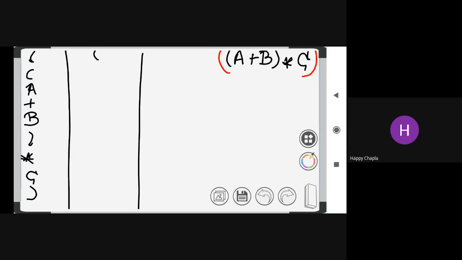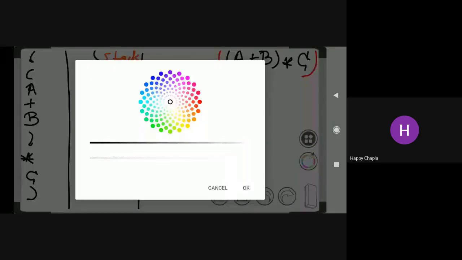Okay, so starting bracket. Now I have the next starting bracket. So two brackets we have. And here in the A case, I'm encountering the capital A, that is my operand. So A, you need to add into the postfix expression. Sorry, add, not push. Push I use only for the stack. The middle one, that is my stack. Assume I am writing the stack.